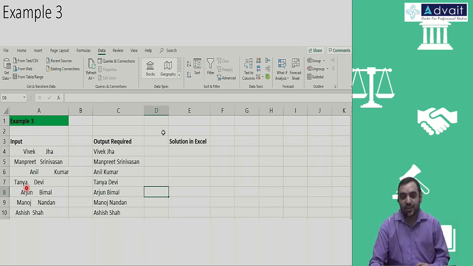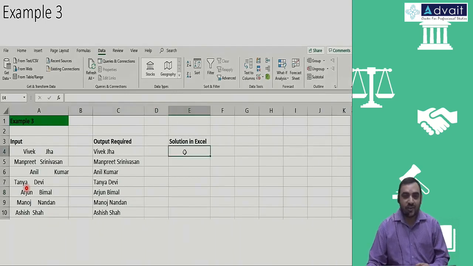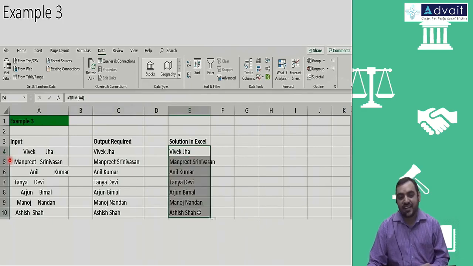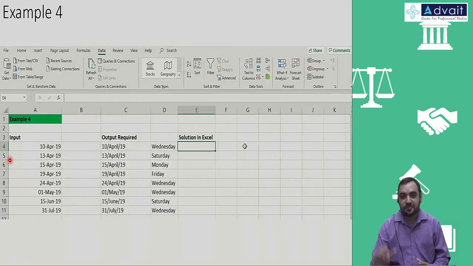Try it out. You can use a formula called TRIM. So TRIM, open the bracket, select the data, close the bracket, then copy paste or drag it, and you are done. So what does the TRIM function do? It takes out all the unnecessary spaces and keeps only one space. That's what you want.